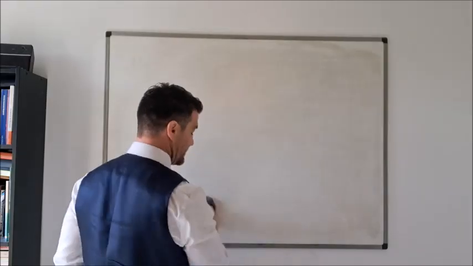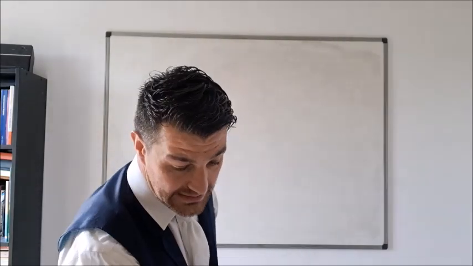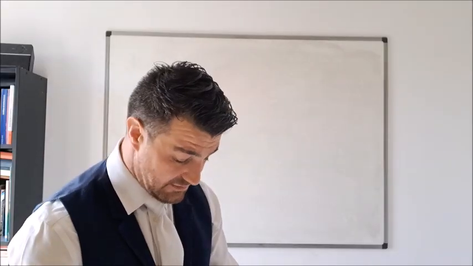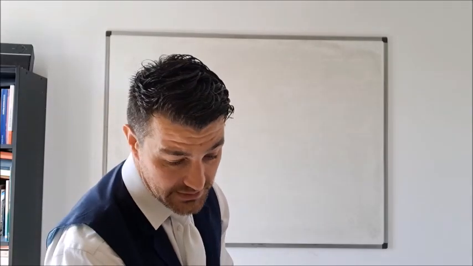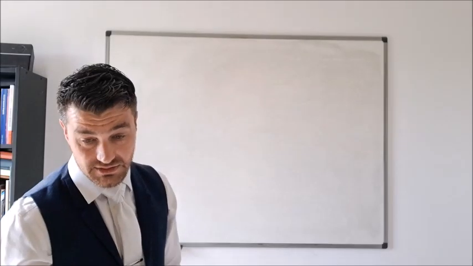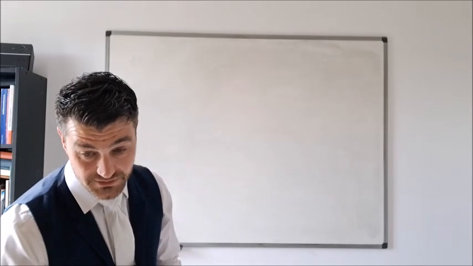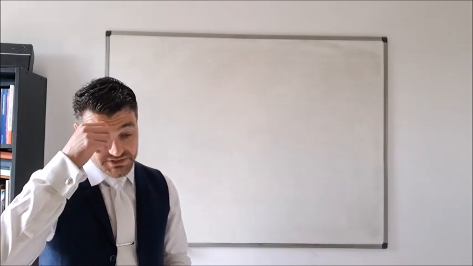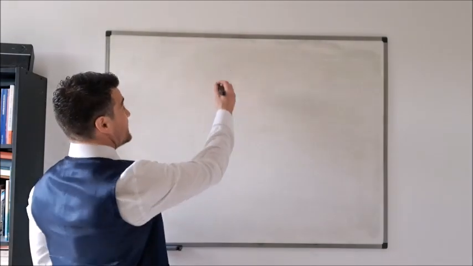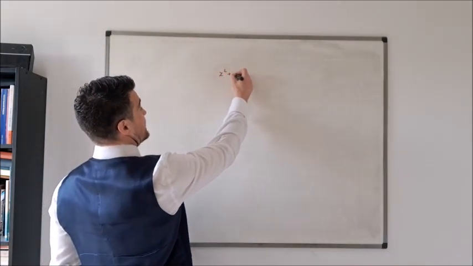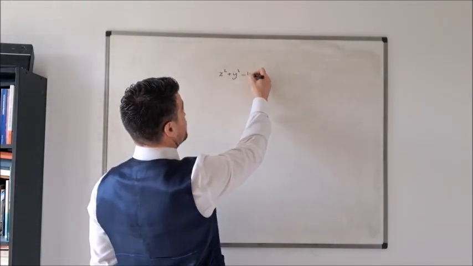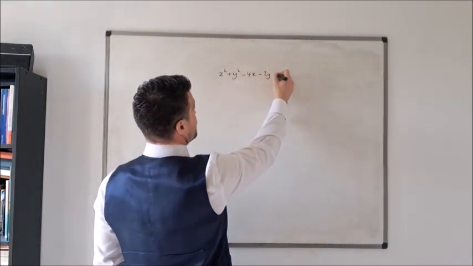Okay, so on to the final part of this problem. And I found this to be actually more straightforward than the previous parts, to be honest with you. I didn't find too much difficulty in this last part. So, a nice easy start off. Describe the curve x squared plus y squared minus 4x minus 2y equals k.